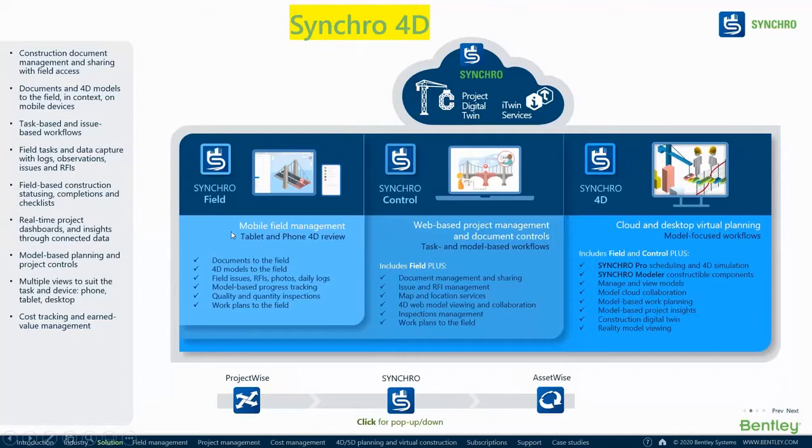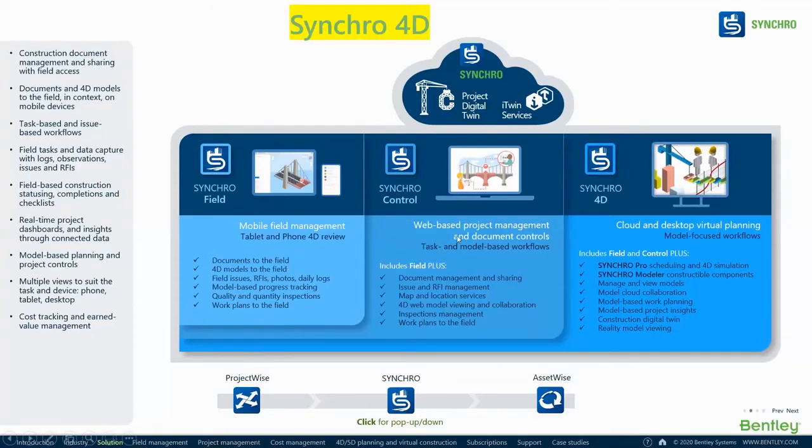If you have a mobile team which wanted to see model-based progress from the site, wanted to raise issues, RFIs, daily logs, or site observation, or maybe inspection report, they can use a mobile field management app.